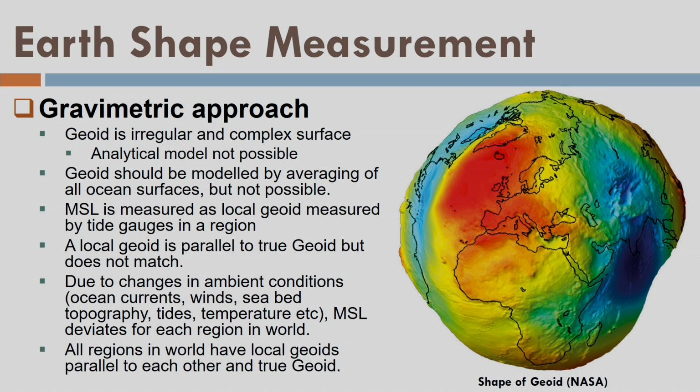Geoid shape means if I try to draw the potential values, or the gravity potential values, of each and every point, that is xy, and on top of that I put the gravity value, I will get this kind of shape. And hence I realized that it is not only difficult, it is almost impossible to fit a geoid that is unique in nature and that can serve as a single surface for the whole planet.